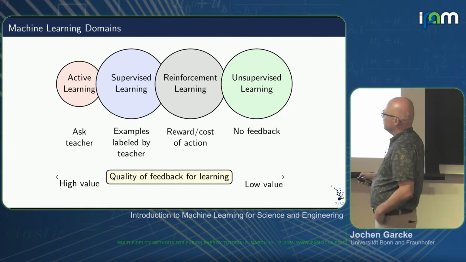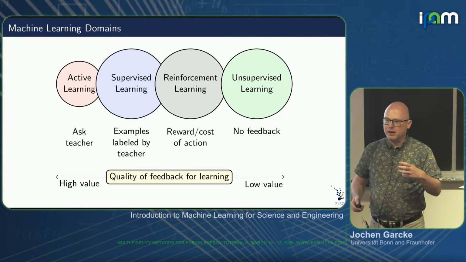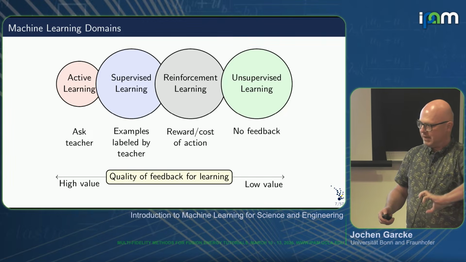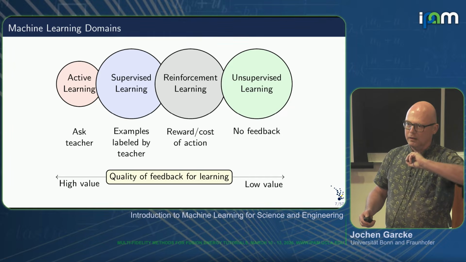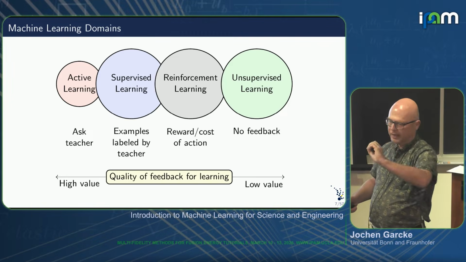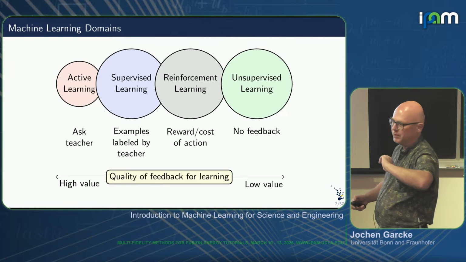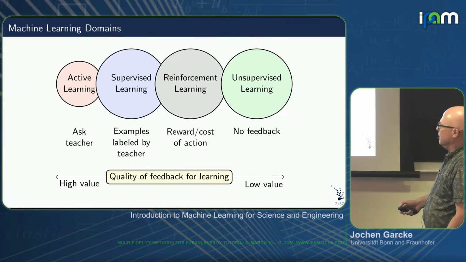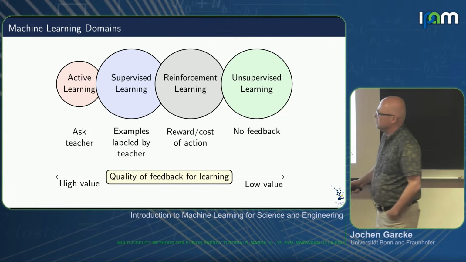There's also the area of active learning, where I not just have the data, but I can also say, okay, I want to have a label for this data point x, which I somehow select. Given the x, I ask the teacher what's the label, what is the function value, what is the classification of that. So that means ask the teacher. These are different kinds of quality of feedback in this learning procedure. So this is another way to think about that.